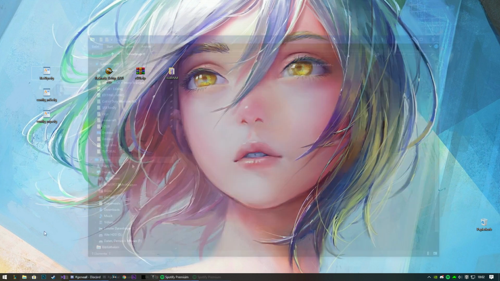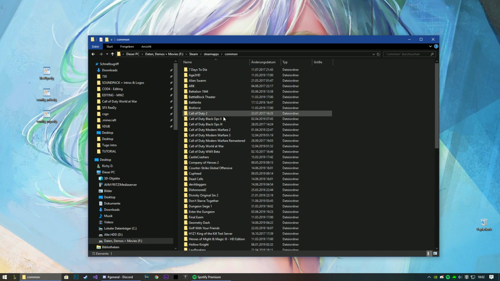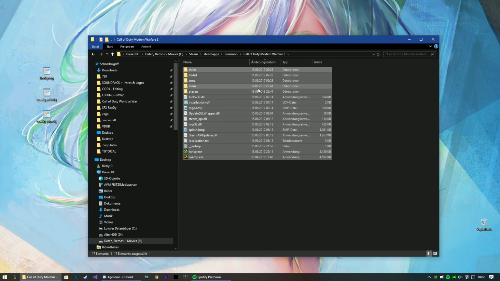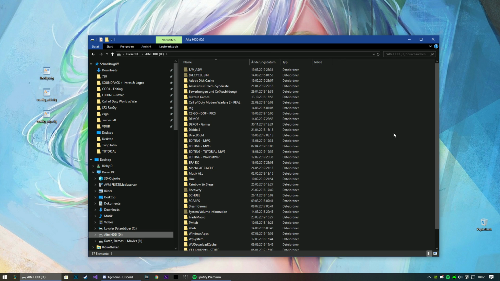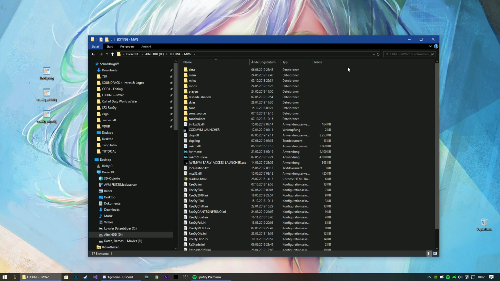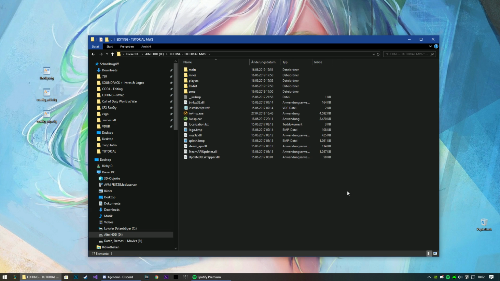We need the game. The first thing you do is go into your Steam folder, and then you just go into the MW2 folder and copy all the files from there into a separate folder. I don't care where your folder is, it doesn't matter actually. I have it on a complete separate HDD. It's right there. I made a separate folder. This is my old one, or the one I use right now for recording MW2, and this is the one I created. I already copied the files in there, and now we delete,